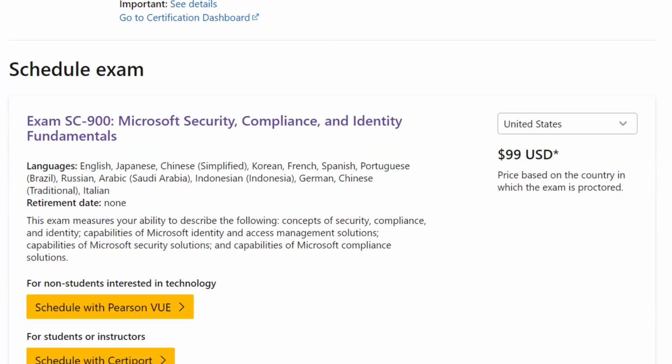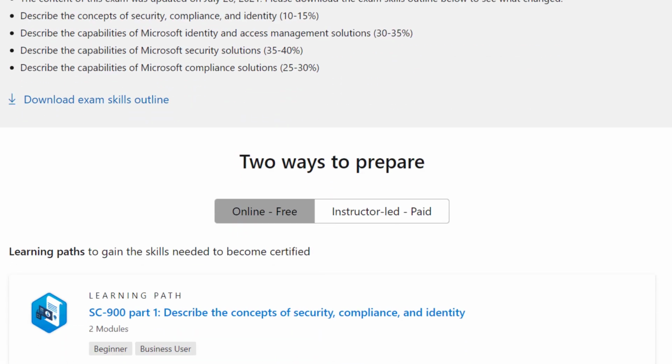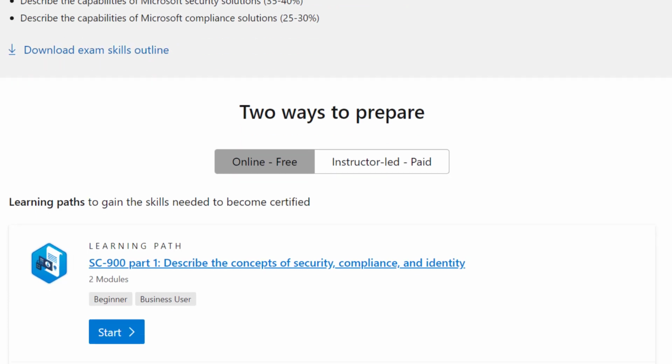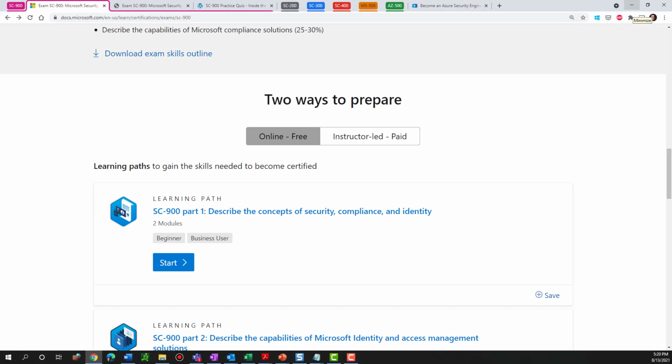Well, if you'd like to really take the official Microsoft route, you can scroll down. You'll see how to schedule the exam, but below skills measured, you'll see that you can prepare online for free, which is fantastic. You can go through a number of modules here. There's a little mini assessment or quiz at the end of each, so it's fairly simple to get through, but